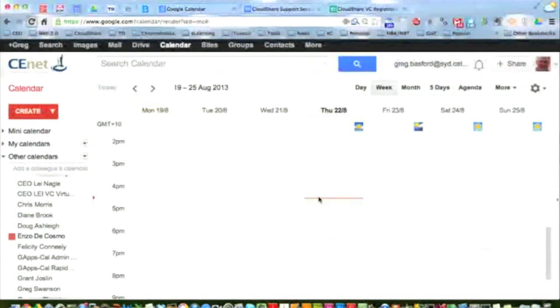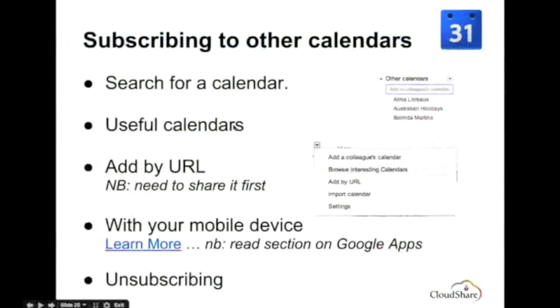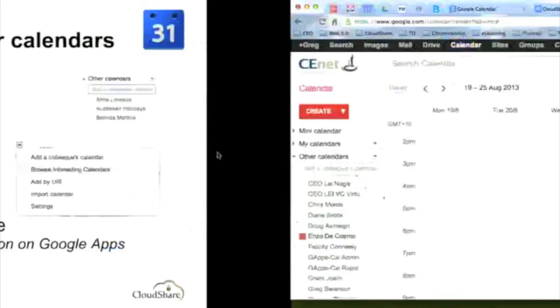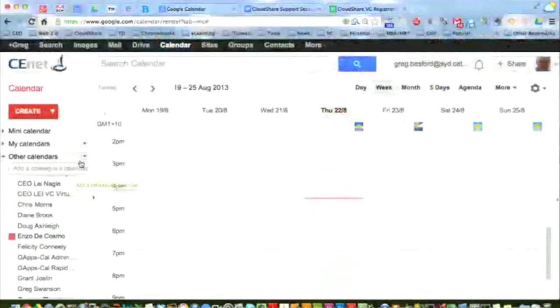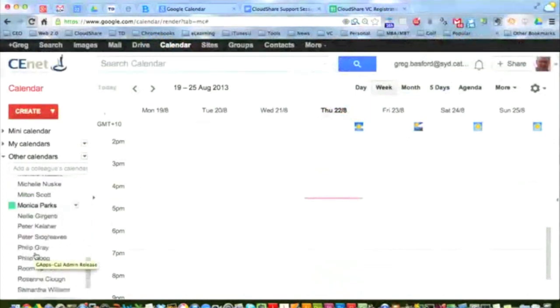Okay, fair enough. So I can't see any appointments there. But if you make an appointment, that's going to appear there for me. Okay? So that's the quick way to get access to someone's calendar. You can also get access to useful calendars. This is pretty good. So I've got access to things like